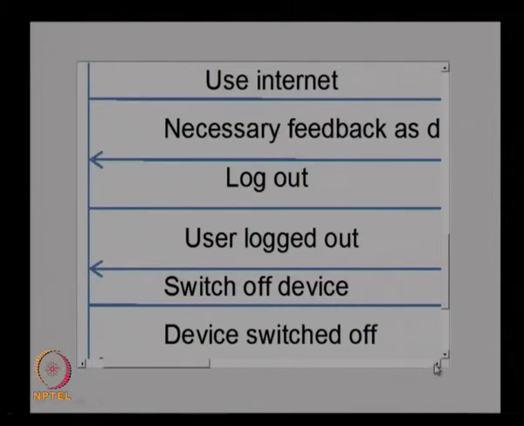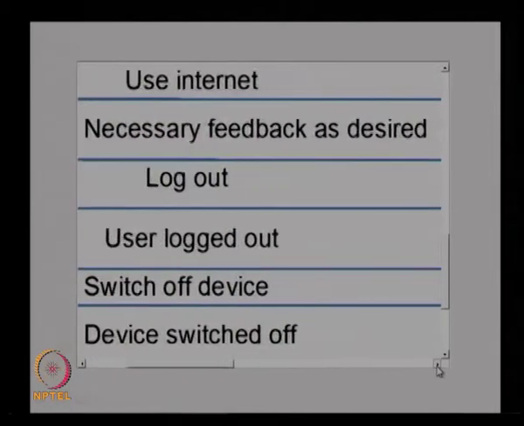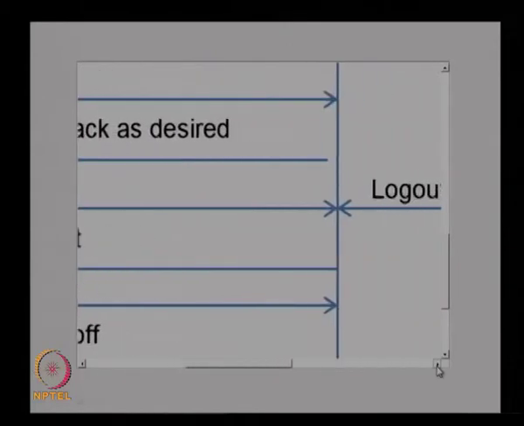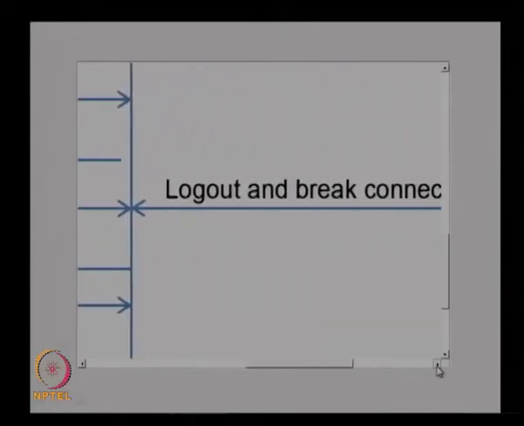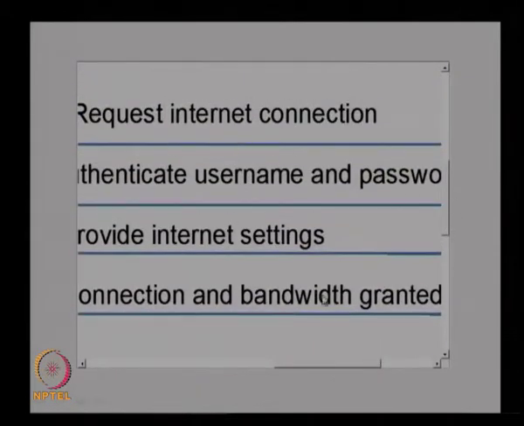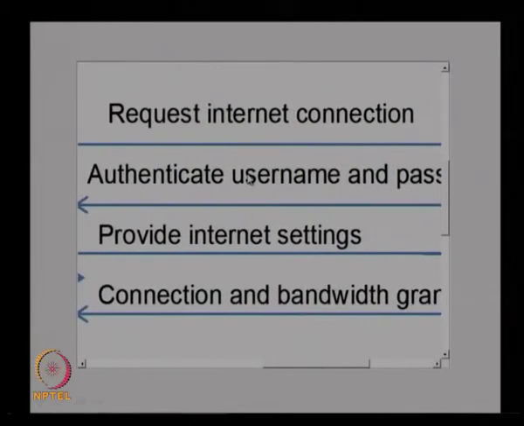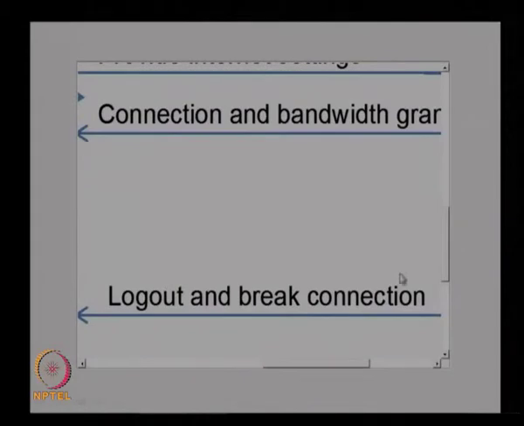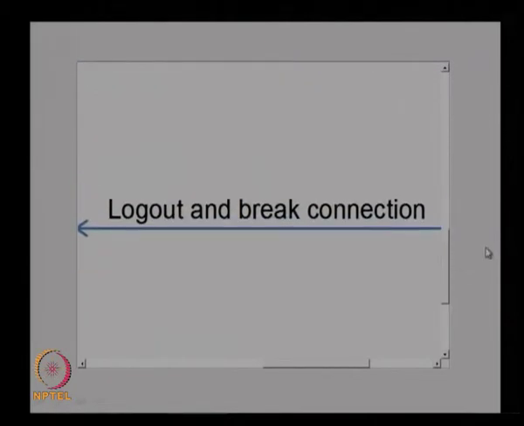then you can switch off the device. Here you can see the interaction between the system and the server will be basically for logout purposes as well as for the internet connection and the authentication of the user. Based on the database, the user will be given a connection based on the username and password, and once it is accepted the connection will be established, and only for logging out he will again connect to the server and get a logout from the server. So this is how the input output trace for the second scenario looks.